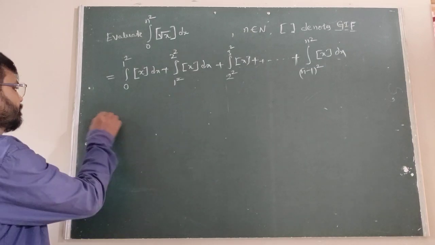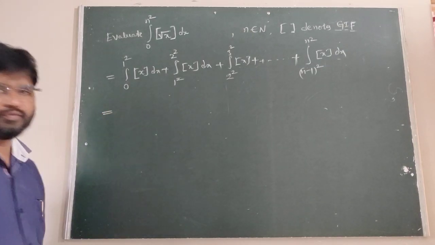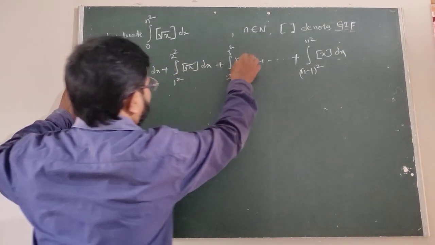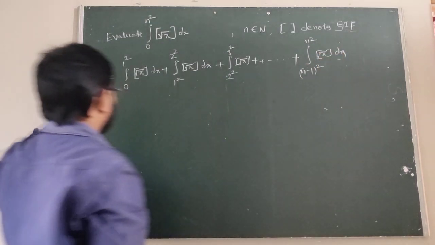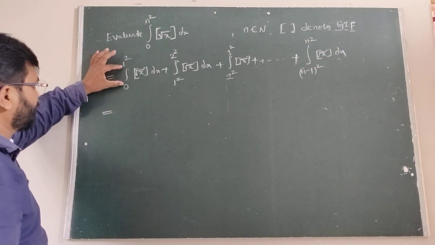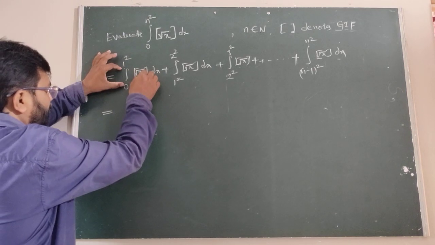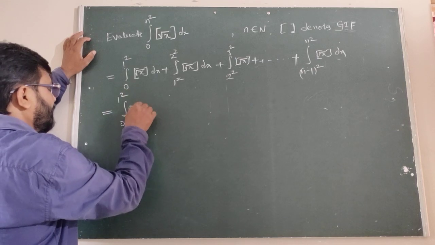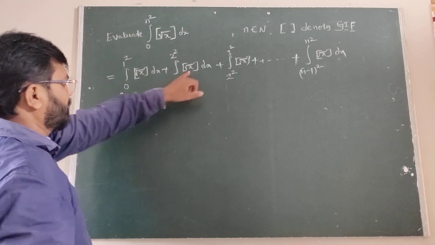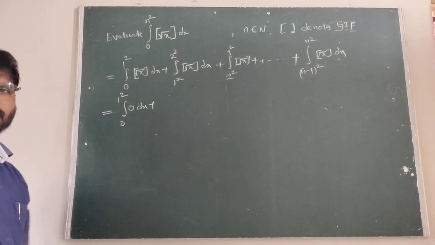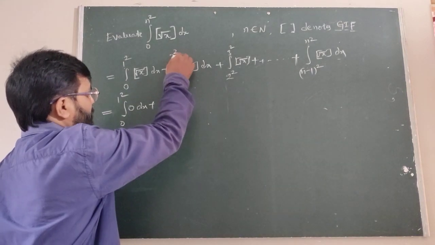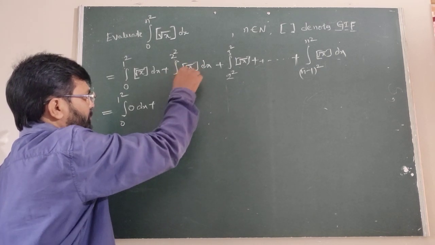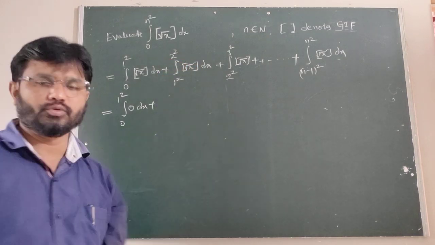All of you observe here, the small mistake: root x is there, that's why we are taking the square terms. Now 1 square cancels. In between you have to take 0 to 1, undoubtedly its value is 0. After that, the step of root x between 1 to 2 is always 1.